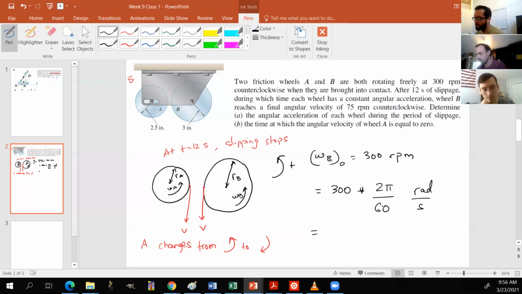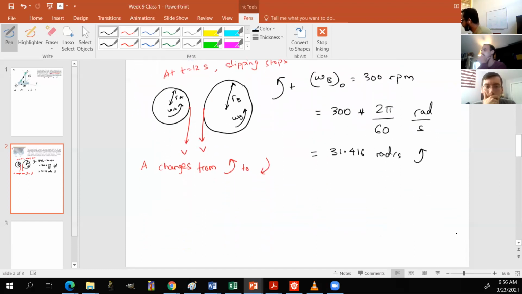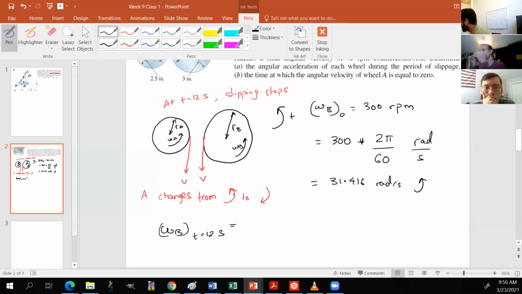So what's this number? 31.4. That's right, 31.416. And we know that this is counterclockwise. All right. Okay. Then for your B, at time t equals 12 seconds, you're told that it is